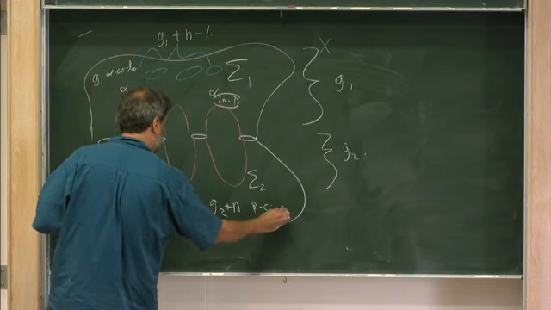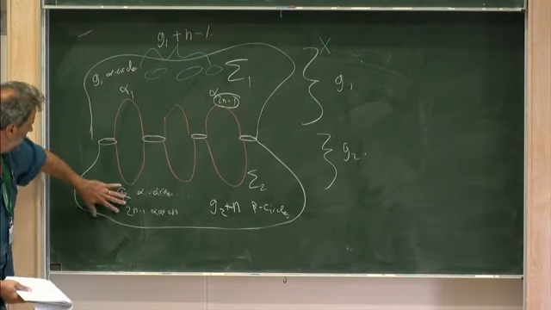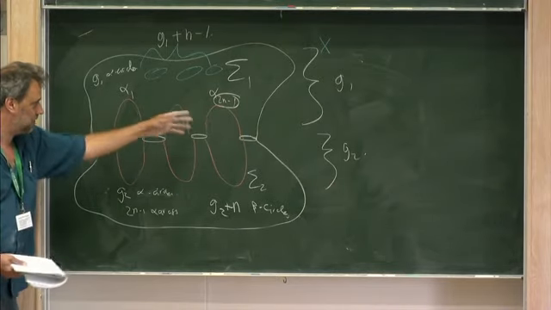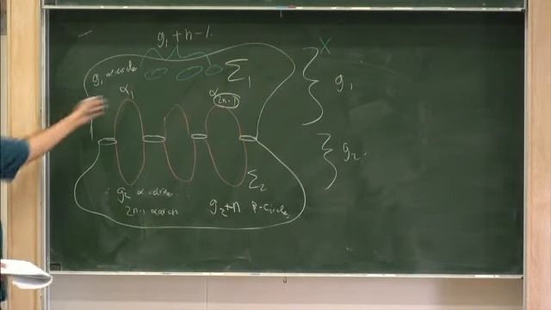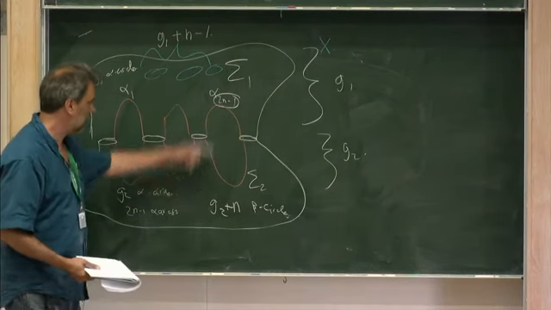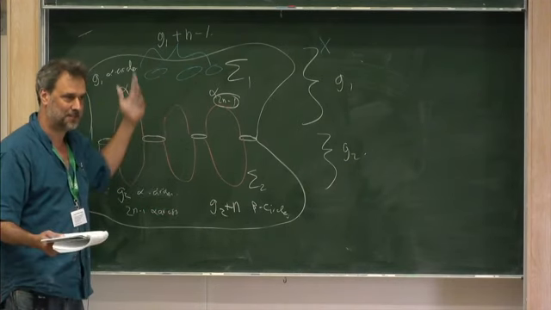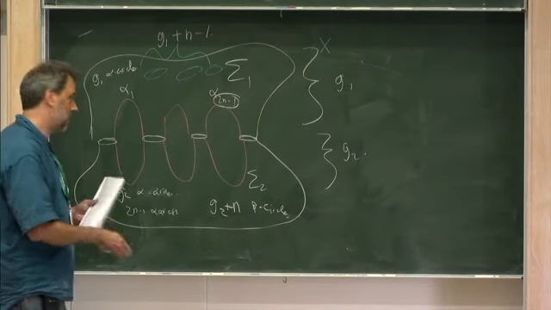So the point is that if you glue together the two surfaces, then there's going to be extra genus of 2n minus 1 coming from gluing these two pieces together. And there's going to be one extra beta arc down here than up here. So for that reason, we call an upper diagram